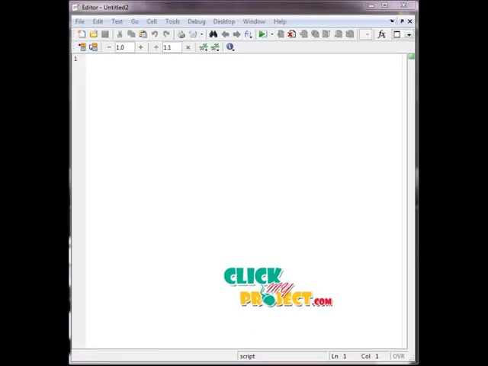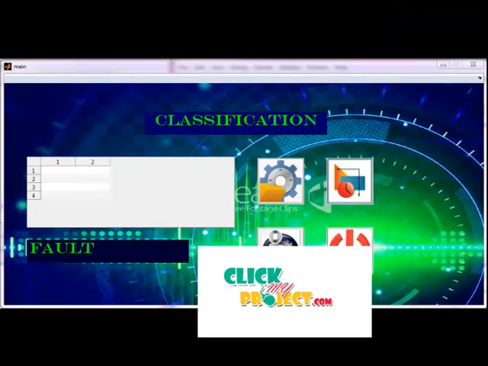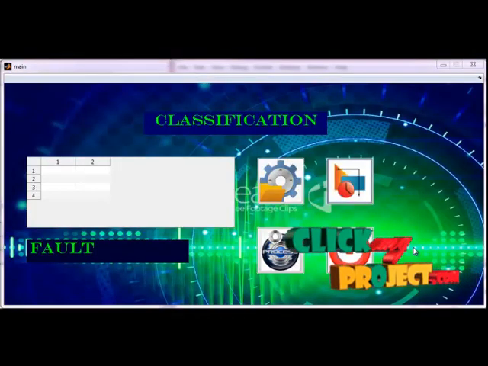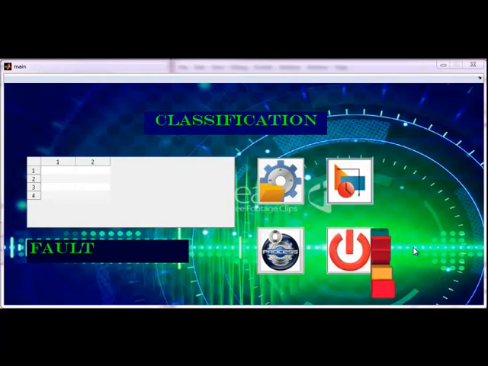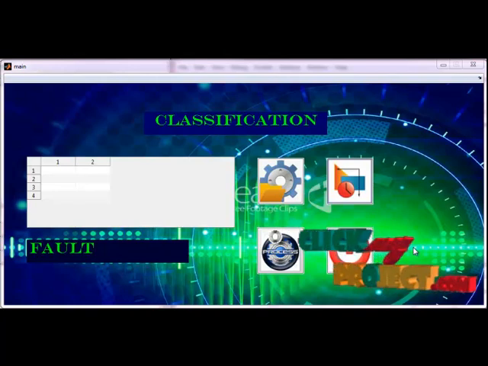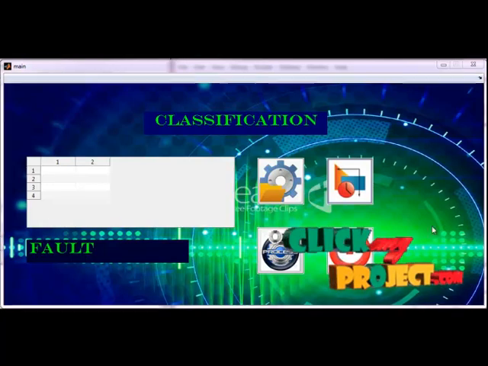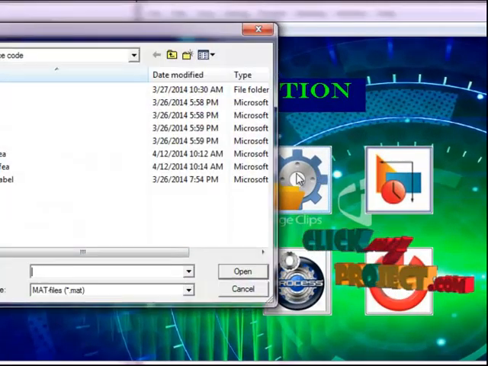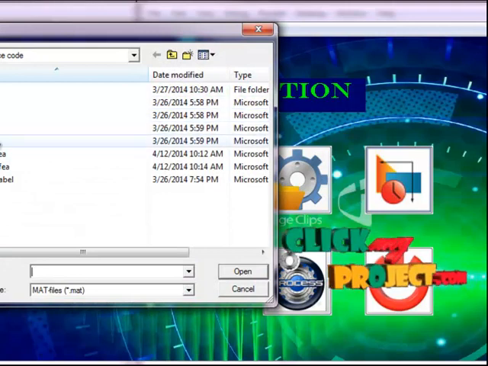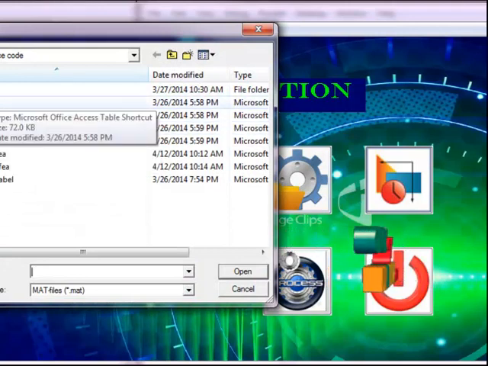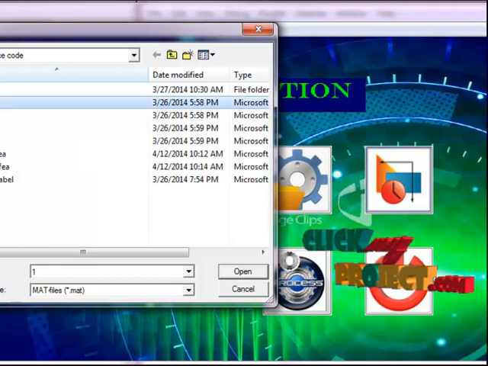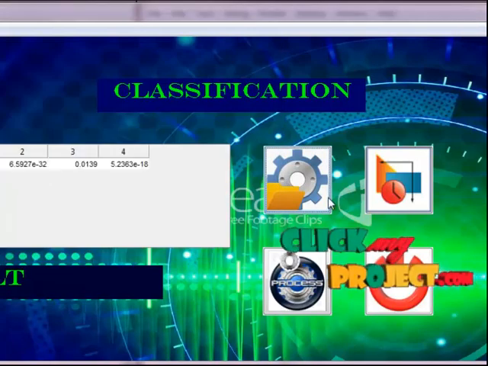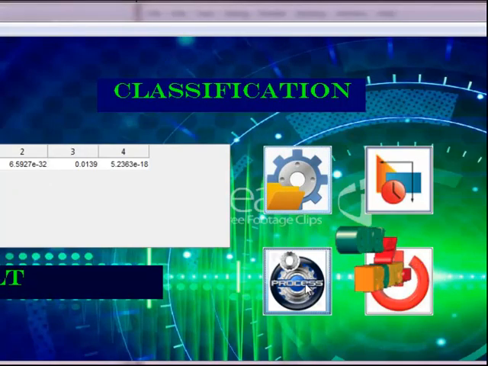Now the Simulink process is over, and the fault and no fault signals are stored in the workspace. Now we go to the process window for analyzing the fault. The fault signal and no fault signals are stored in the MATLAB workspace. Now we analyze those signals. First load the signal. Now this is our stored signal. Now I select the first signal, then press the process button to process the signal.